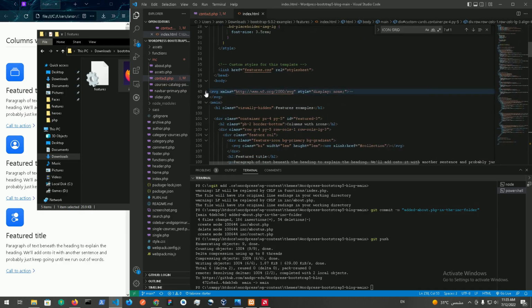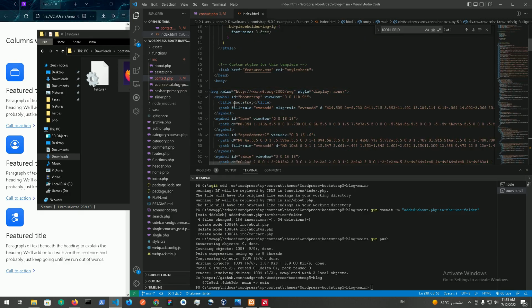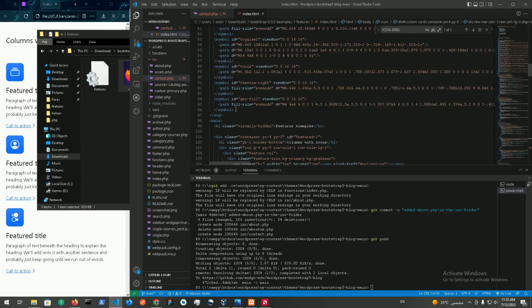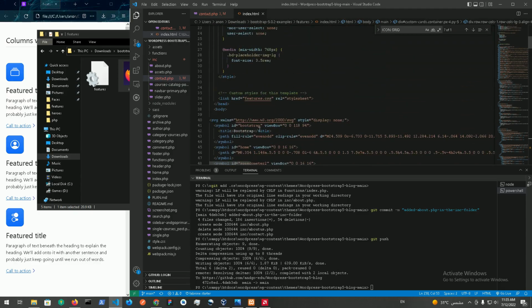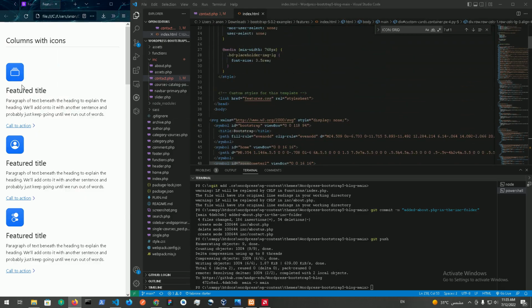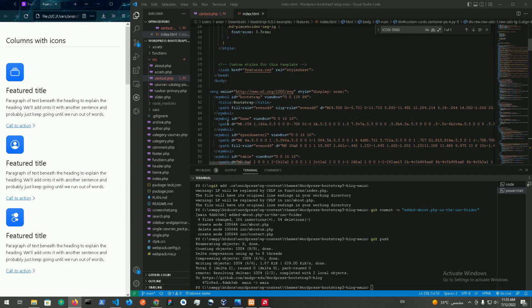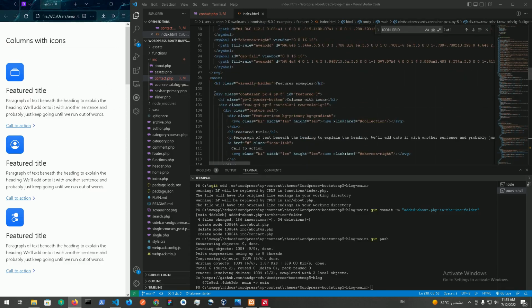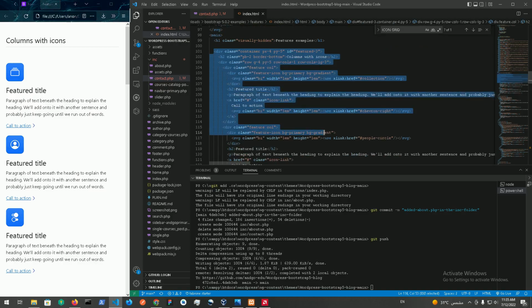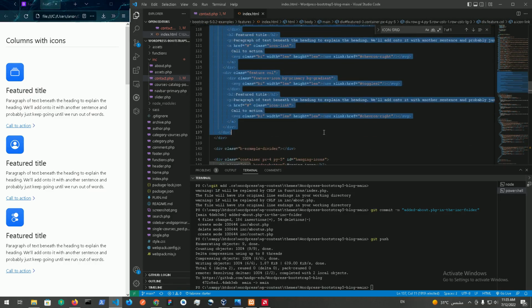That is gonna be, I think this one, so let's just check out the title, bootstrap simple title column with icon. Where's column with icons? Alright, so this is the column with icons, and let's just get the end of this